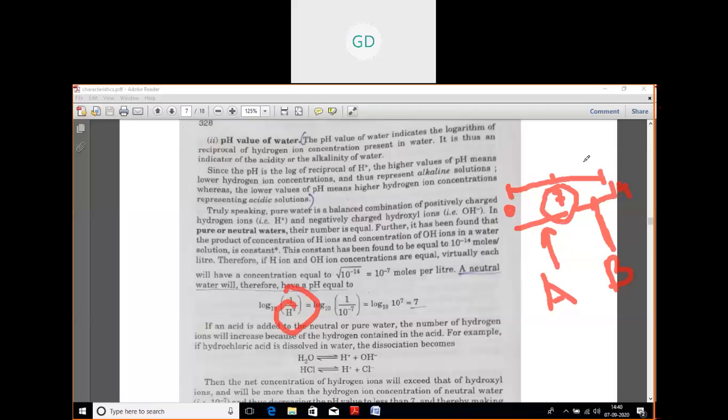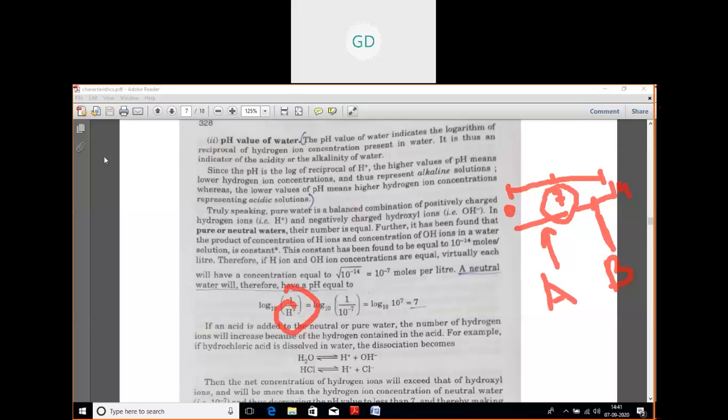But for all conditions and everyday life, it is not possible for water to have a pH value of 7. So the government has given a permissible value for pH, and the permissible value is